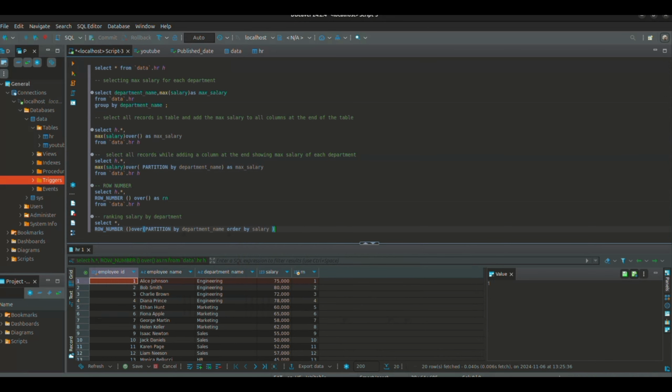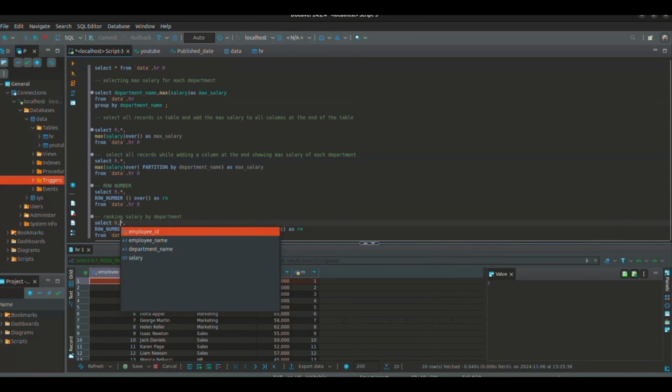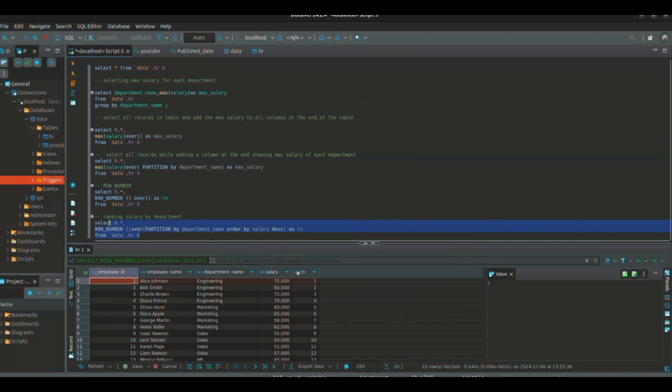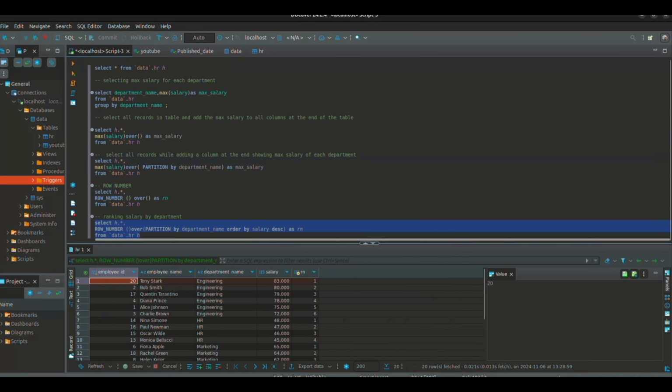And since you are descending, we'll need to input that. So we are sending as rn, and select from. Remember, we have data dot hr h. You're going to need to input this h dot. Yeah, so run this. So we basically have